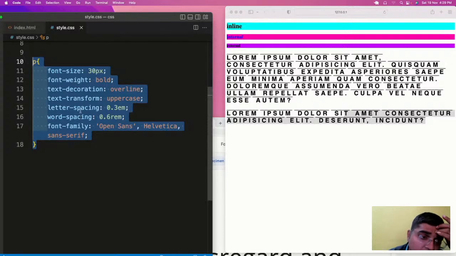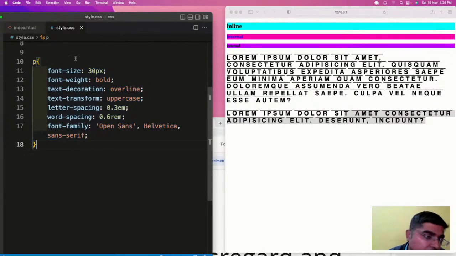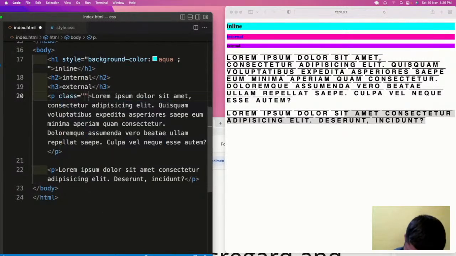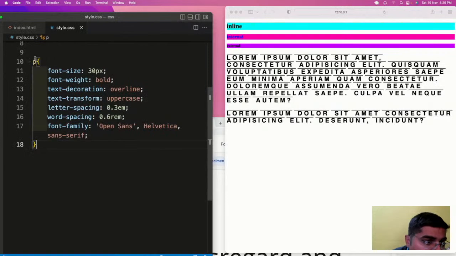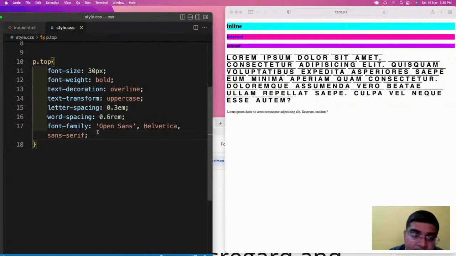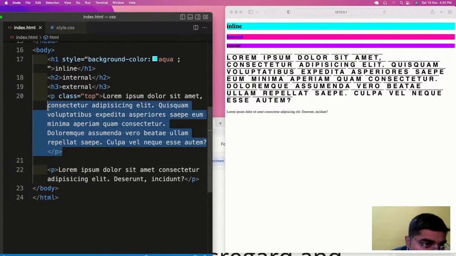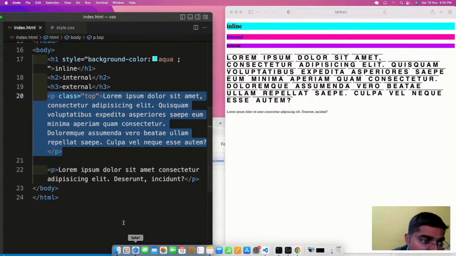But in order to get rid of this situation, classes and IDs have been introduced. So we'll use the class top for the top paragraph and apply p.top. See, this particular style set gets applied to only this particular paragraph.